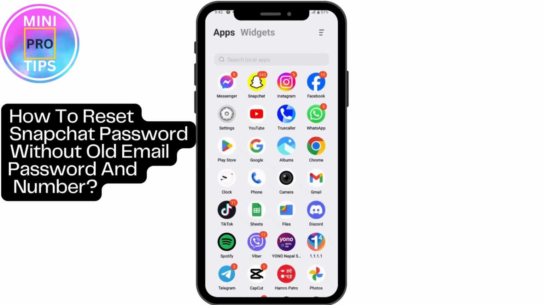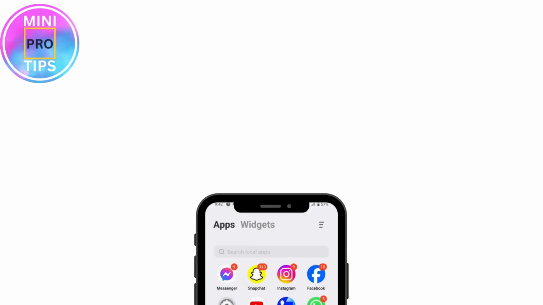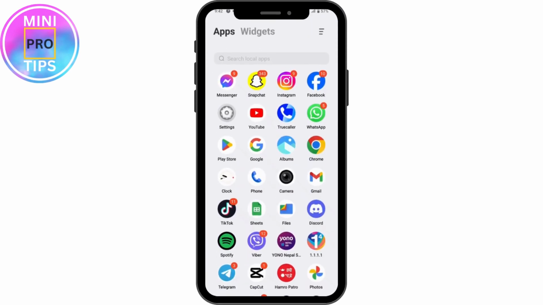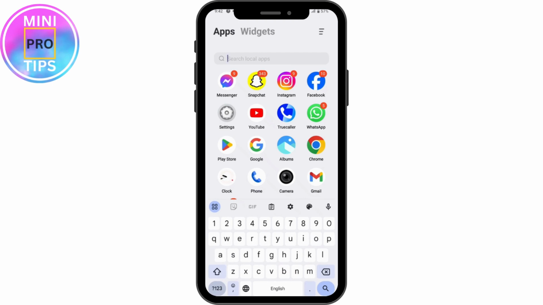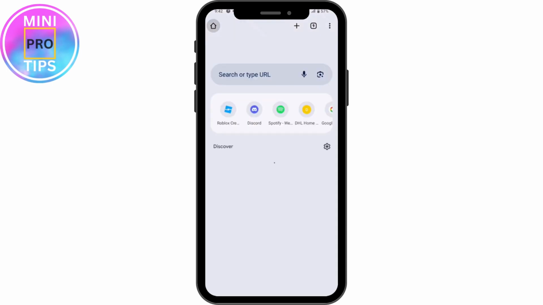How to reset Snapchat password without old email password and number. So if you want to reset your Snapchat password without your old email password and number, then you can do that with your application. Open up your browser, any browser that you are comfortable with, and I'm here with Chrome